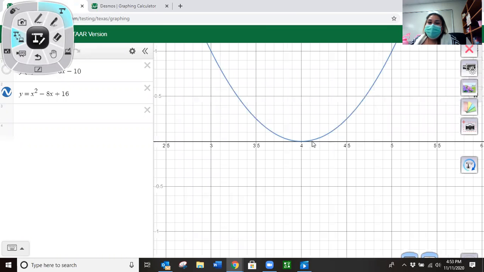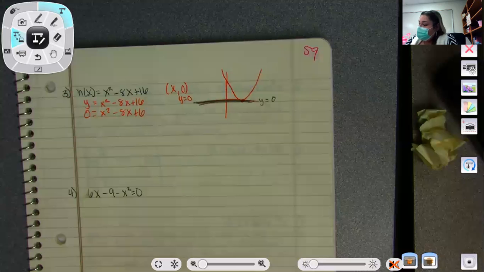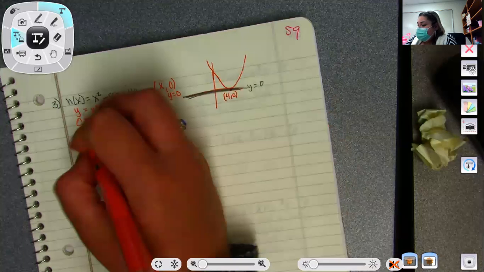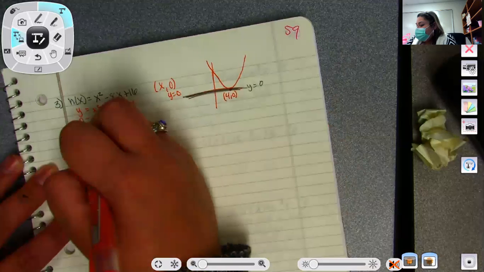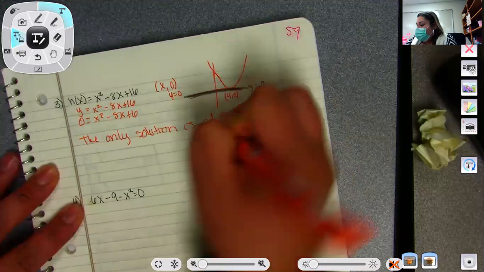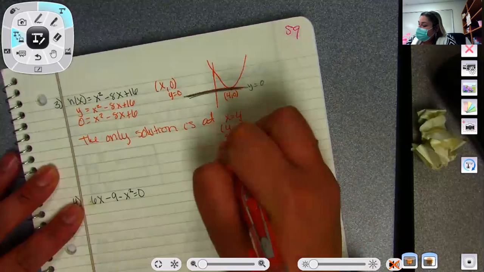So let's zoom in, click on the graph, and you're going to see that it has exactly one x-intercept, right, at 4, 0. So your graph looks something like this. Oh, sorry, you can't see what I'm saying. Okay, and it only had one intercept at 4, 0. So the only solution